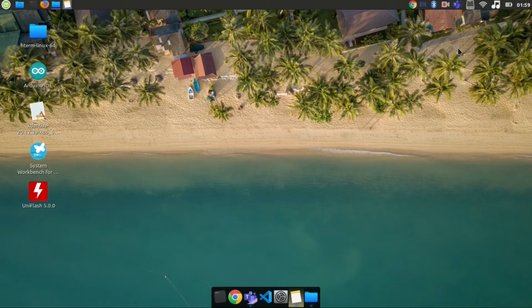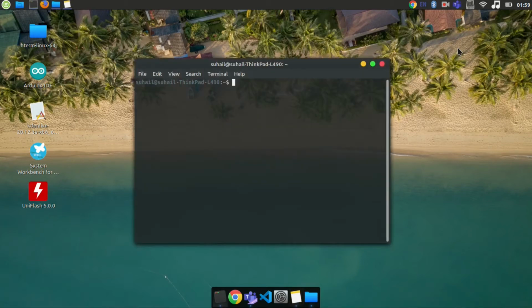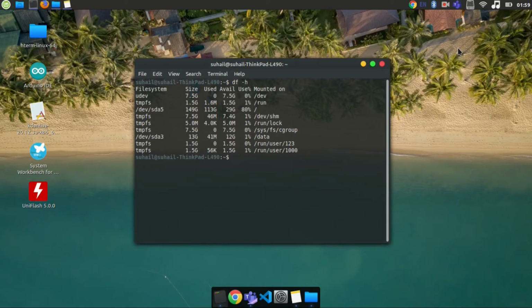You put all the working and ready systems and protect them by putting them in read-only mode, and restrict anyone from changing them. Okay, so if we look at our current system, if I type df -h, you can see that I have two different partitions. One is the root, where all your software and files will be installed, and the second partition is a data partition, where everything you want to write to the file system, you can put in the data partition.